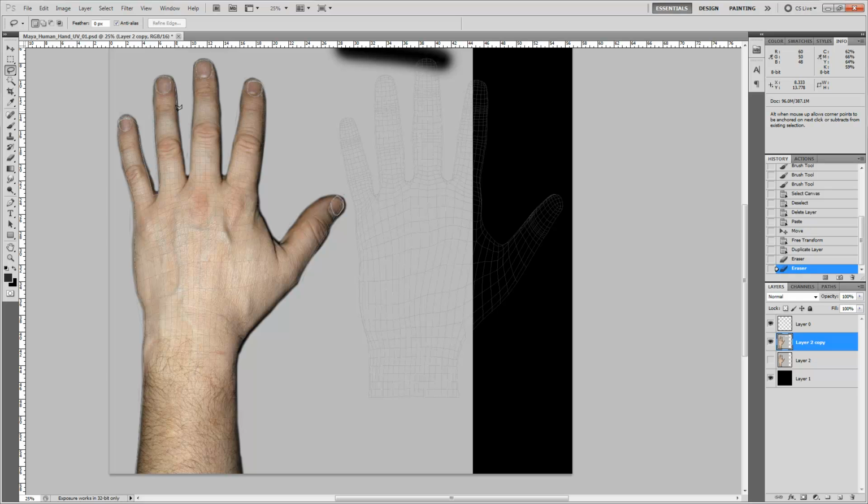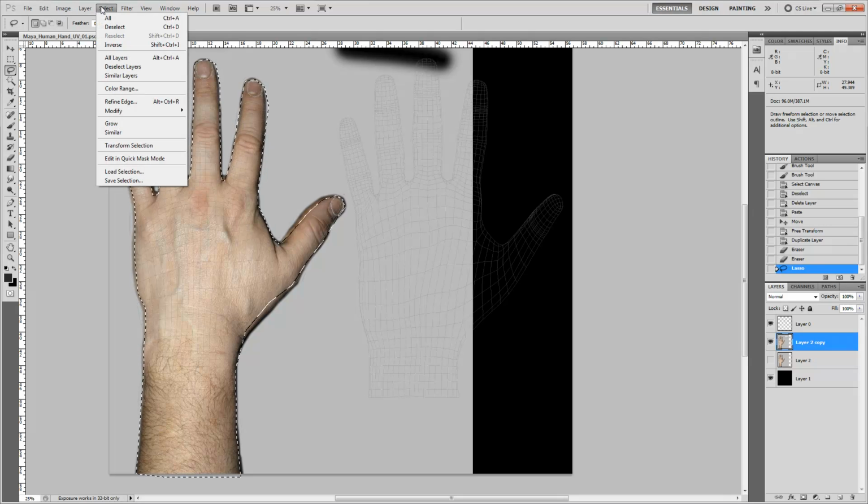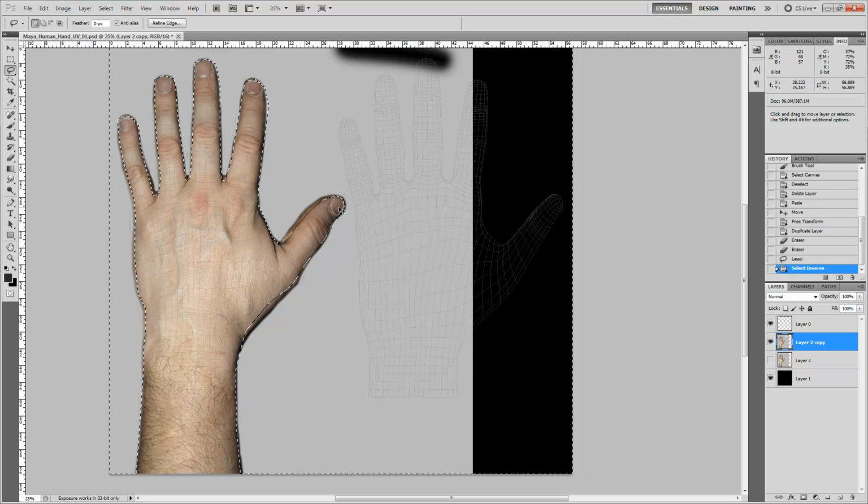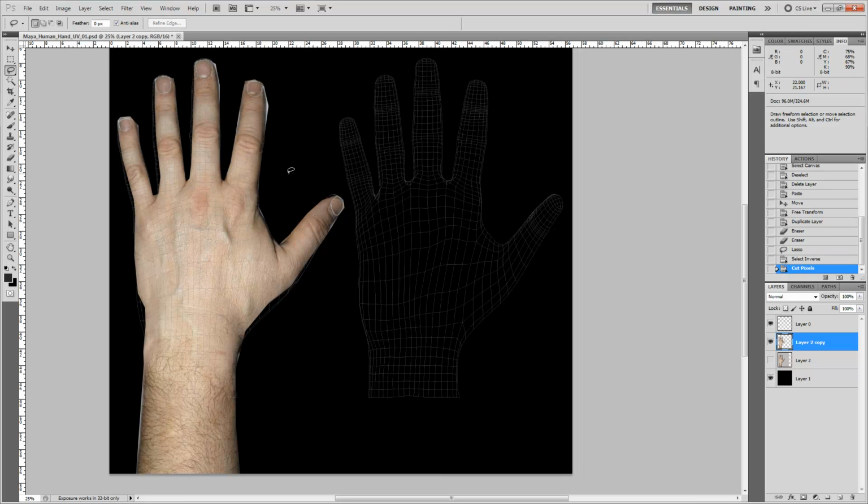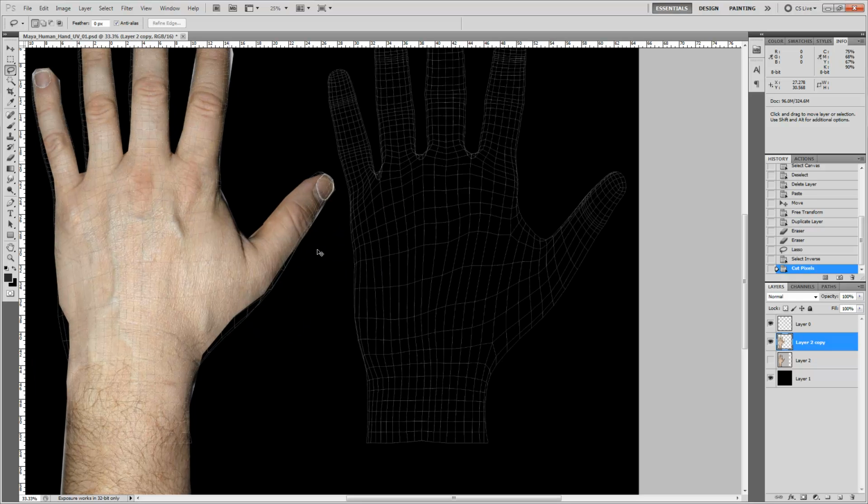And I just want to make a quick mask basically to get rid of all this background that I don't need. Okay. And then I've got my little mask drawn out here, and then I'm going to go to Select, Inverse, and I'm going to hit Control X to delete all that gray that I just don't want. Alright, so now we've got my little hand texture map here,